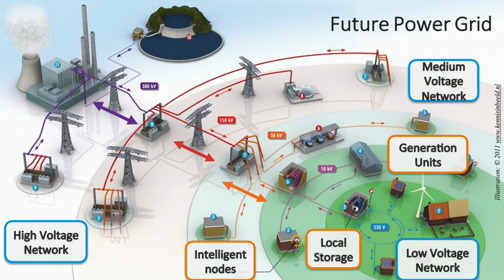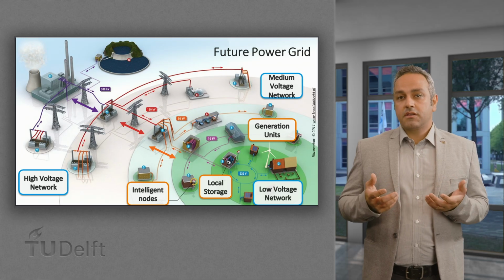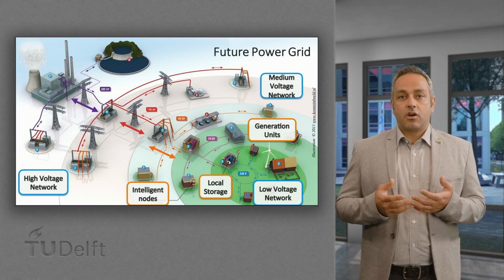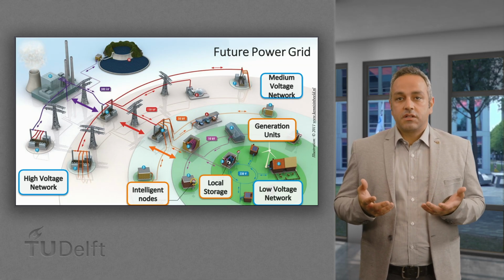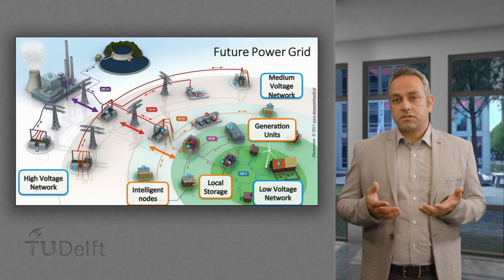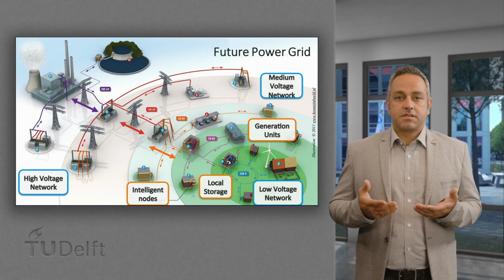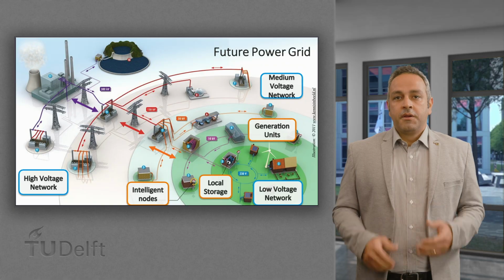As you can see, the power flow not only goes from the generation system towards the distribution system, but now there are power flows going in the opposite direction as well. This occurs as a result of distributed generation, particularly in the case when more power is generated than consumed. You might have also noticed the presence of large consumers, such as electric vehicles, and also the presence of intelligent nodes, or in other words, nodes in which smart grid concepts will be enabled.